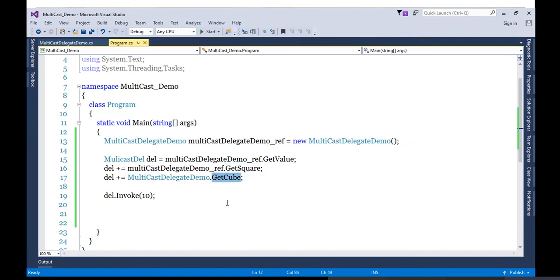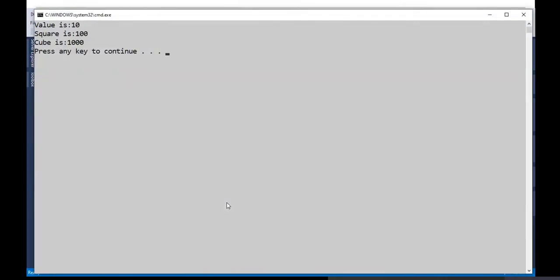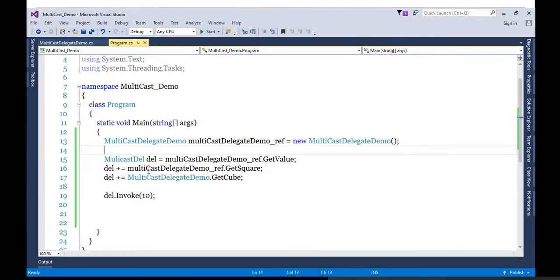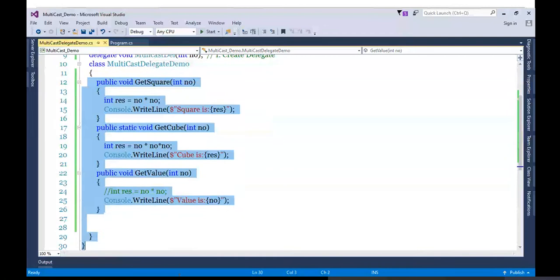And lastly, on number 3, GetCube is added, so lastly GetCube will be executed. If I run this, I'll be getting here 10, 100, and 1000. So 10 is the original value, the square is 100, and the cube is 1000. Fair enough. So are you getting this? Yes. This is how you will write the multicast delegate.